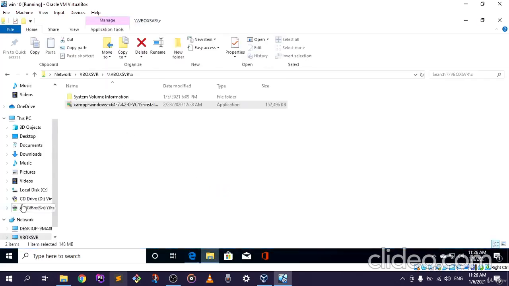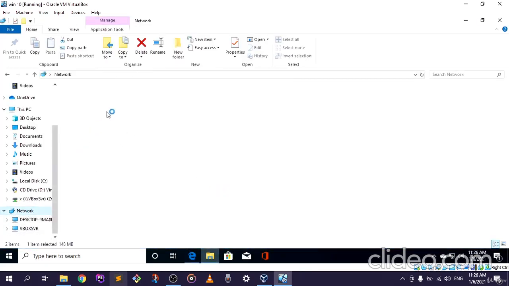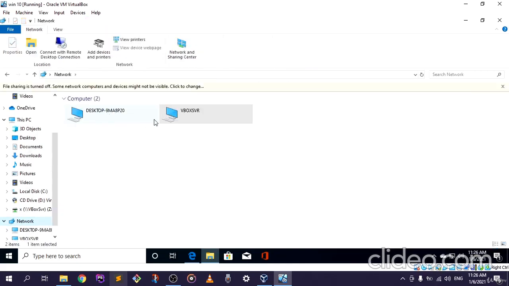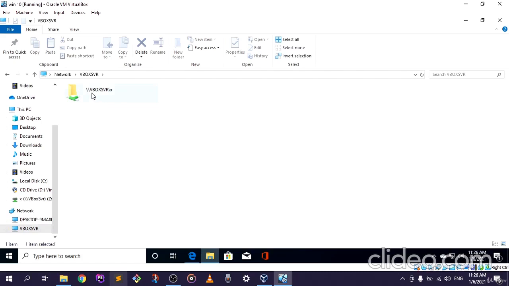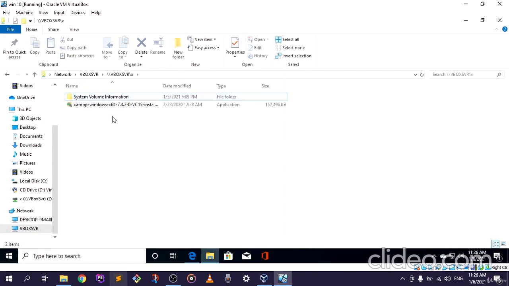Now I have it over here on my network. Of course, this will not be the case for you, just because I'm on my virtual machine. So all you have to do is click on it, and you notice that I have 7.4.2. There are not any very big differences between 7.4, 7.3, or anything like that. They're basically the same thing. So if we click on it,